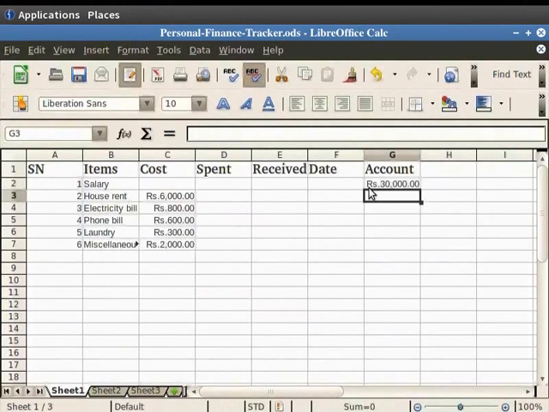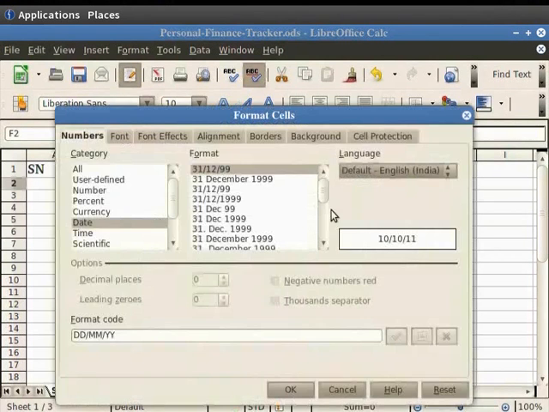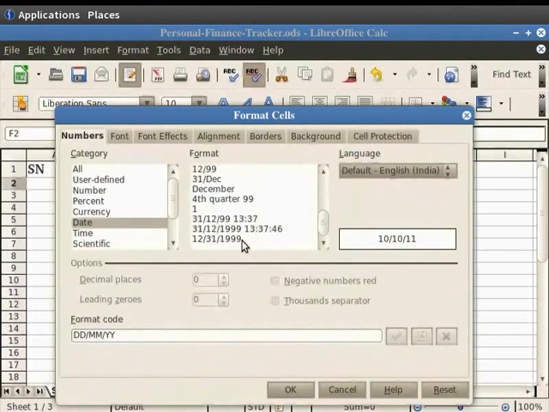For entering date in Calc, select the cell and type the date. You can separate the date elements with a / or a hyphen or use text such as 10 October 2011. Calc recognizes a variety of date formats. Alternately, one can right-click on the cell and choose Format Cells option. Choose Date under Category and the desired format under Format. I will choose